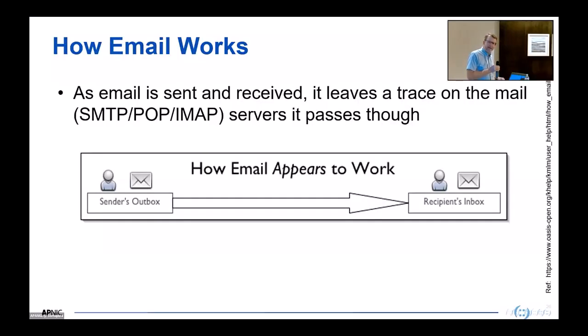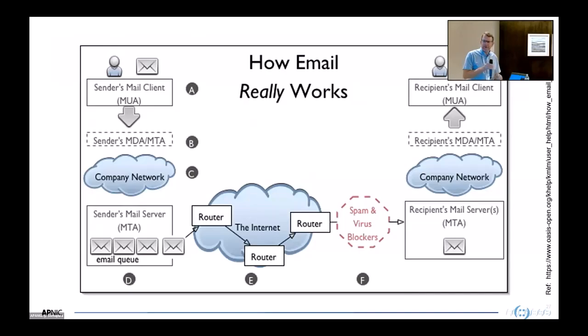So moving on to email header analysis. A lot of people think that email works like this: you send an email and it appears in somebody's inbox. Unfortunately, it's a little bit more complex underneath it all. This depends upon whether you're using a webmail interface or a traditional Outlook that connects to a mail server. Taking the traditional separate mail app connecting to a server, you've got your mail client here, you send it through the company and it connects to your mail server to do the send, which might be hosted on somebody else's